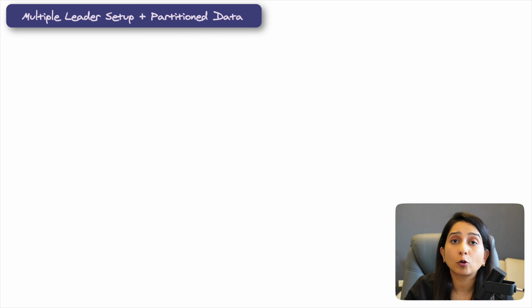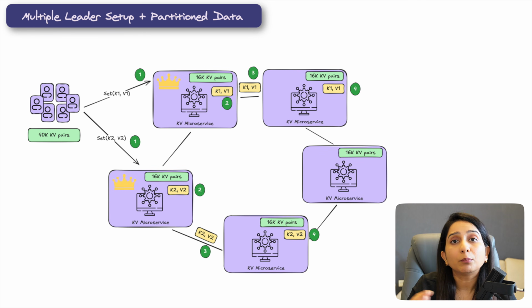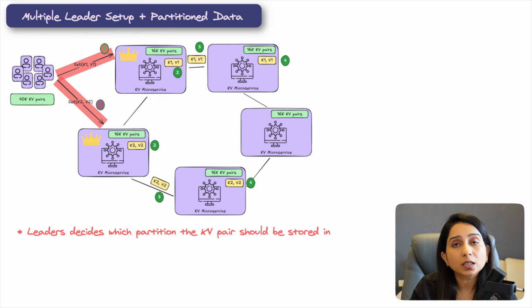Now, what happens when there is a multiple leader setup and the data is also partitioned? This kind of setup is usually required when the volume of data is huge. It is impossible to keep all the data in one machine, and that's when it is partitioned. In that case, there can be multiple leaders in the system. So the request for writing a key or inserting a new key can go to a certain leader depending on the partition that particular key needs to belong to, or it can go to one of the 2 leaders, and the leaders will make sure that this request belongs to node number 3 or this request belongs to node number 4.